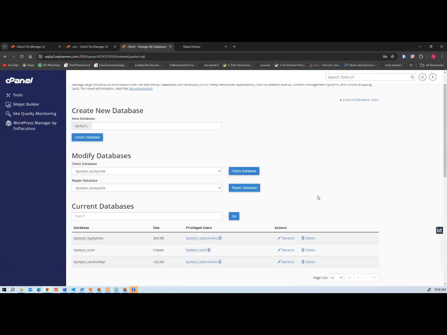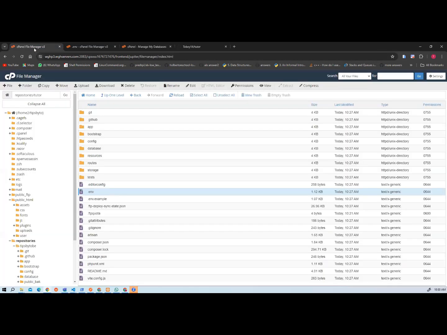So now if you come here, I have three databases. This is the user. This user manages two of these databases, but this other database is managed by this user, this tutor, right? So to move on, I will have to now update my env file, but just to ensure that we have